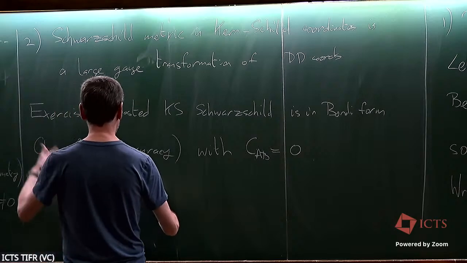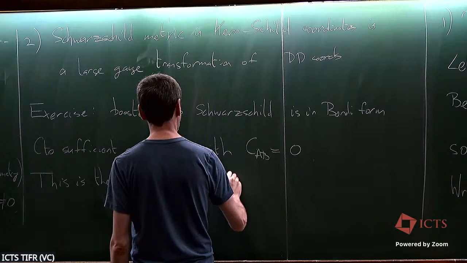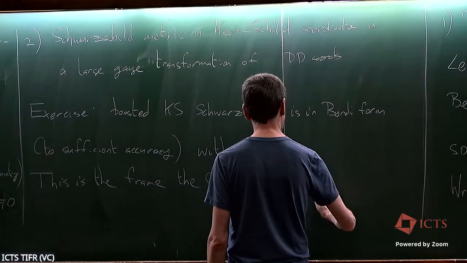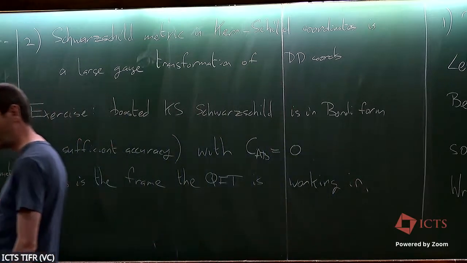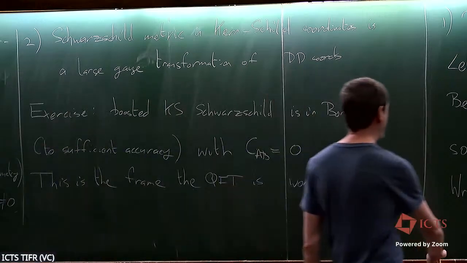So, I mean, this then, if you want, is the frame. There is a large gauge transformation between the Kerr-Schild form and the de Donder gauge form, and that is an interesting large gauge transformation. And it's also very relevant for us,